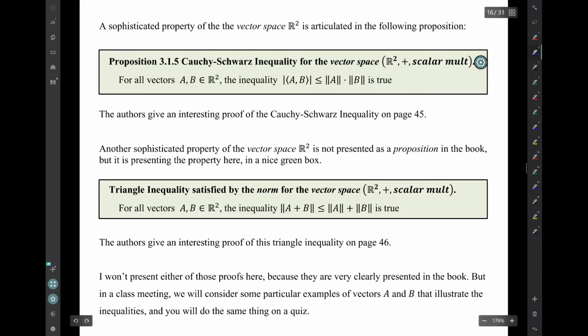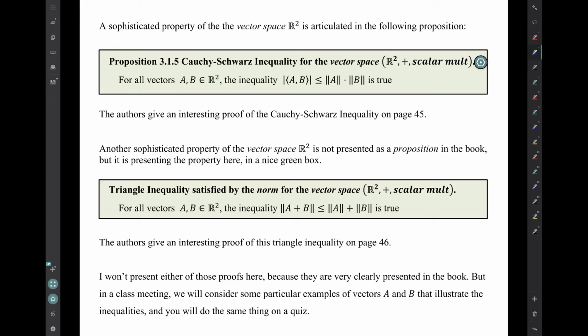Another sophisticated property is not presented as a proposition of the book, but it is worth presenting here in a nice green box. I'll call it the triangle inequality that's satisfied by the norm for the vector space. Here it is. For all vectors a and b, this inequality is true. The norm of a plus b is less than or equal to the norm of a plus the norm of b. The authors do give a proof of this triangle inequality on page 46, but it's within the proof of